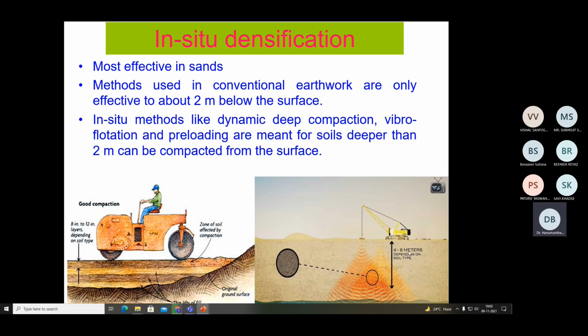Say for example, if you look at 4 to 8 meters, 8 meters is not an ordinary depth. It's huge. Just imagine, if I want to pass energy from the ground surface to a depth of 8 meters, what would be the intensity of the impact that you would create on the ground surface? This you need to understand. One such technique is called deep dynamic compaction. Compaction means densification of the soil. You can do the same thing by conventional compaction, but that we are not discussing here. Now,